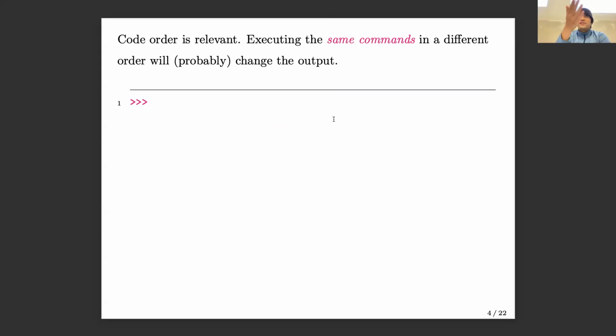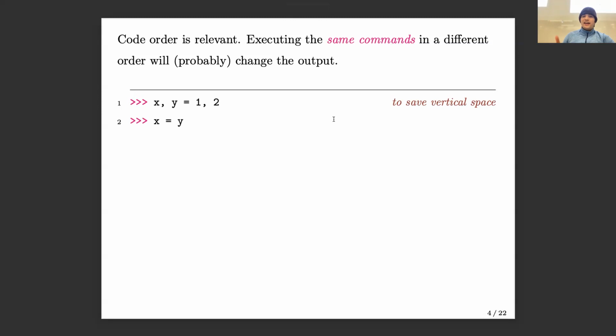So let's just remind ourselves that the order that we write code in is important, right? I'm saying this because at the beginning, I had this lecture and I said there are only 3 things really that you need to do all computer programming: sequencing, selection, and repetition. So repetition, while loops and for loops. Selection, that's when we had if statements where we could say code go this way or go that way or even skip something. I'm sort of saying functions fall into this sort of sequencing. So executing the same commands in a different order will produce different output, right?